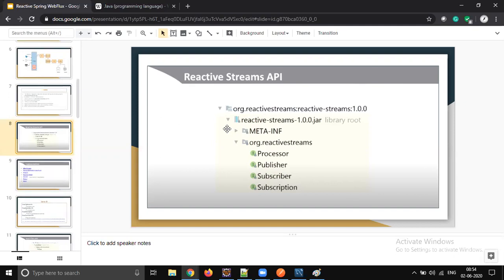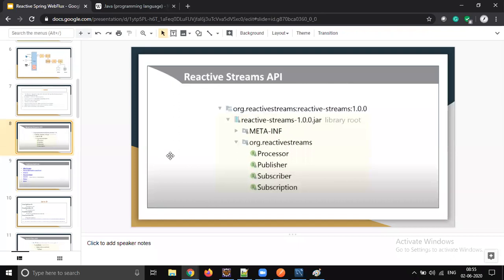Reactive streams were introduced by this completely third party. These people thought, there is no reactive programming in Java, so instead of going and negotiating with Oracle, we will introduce our own library. That is the reactive stream API.